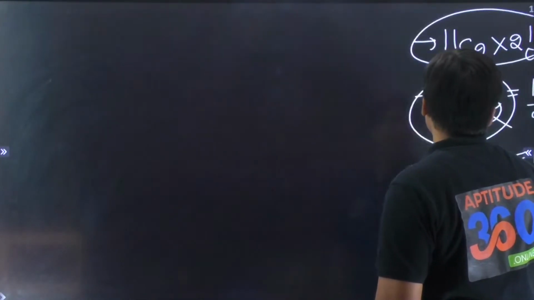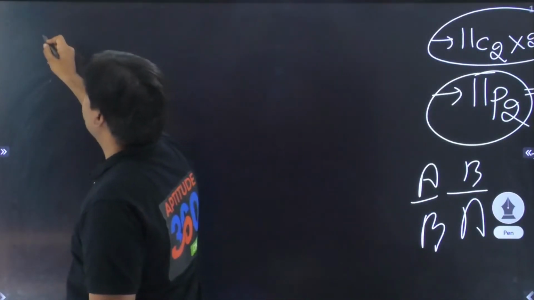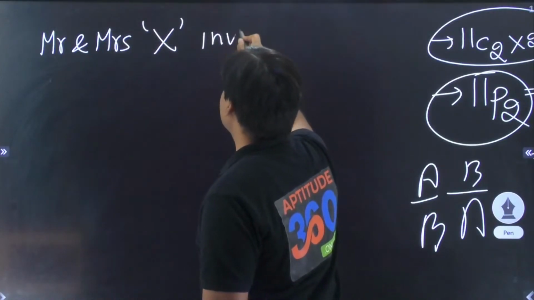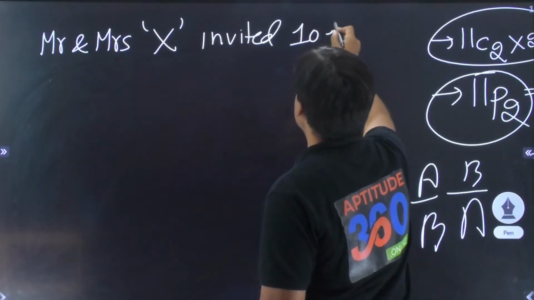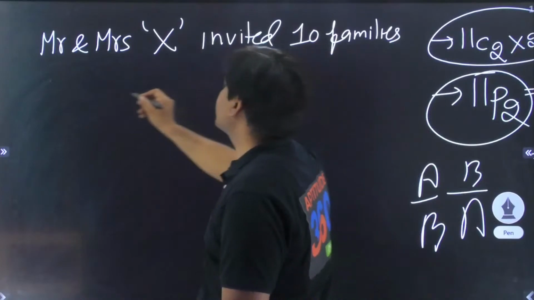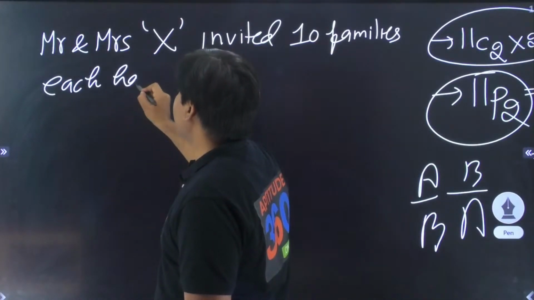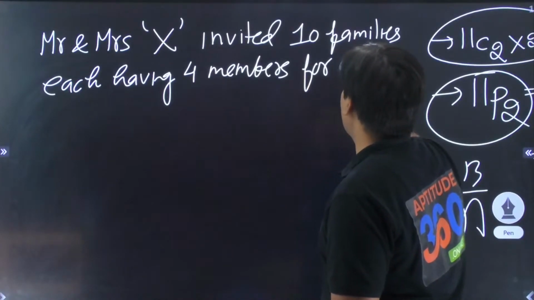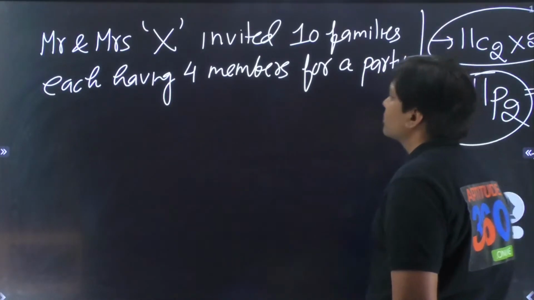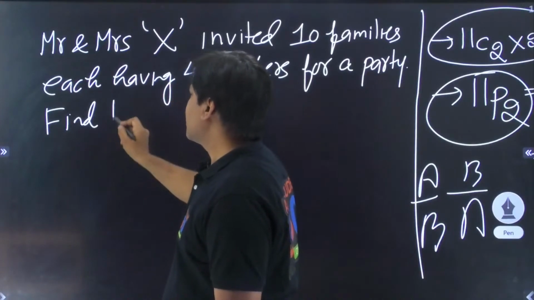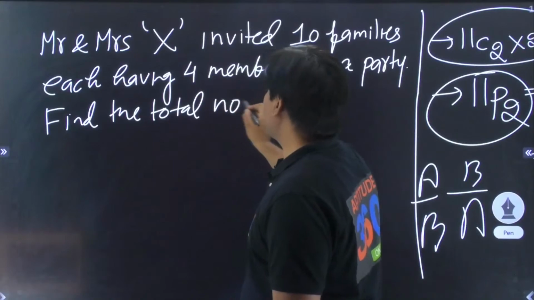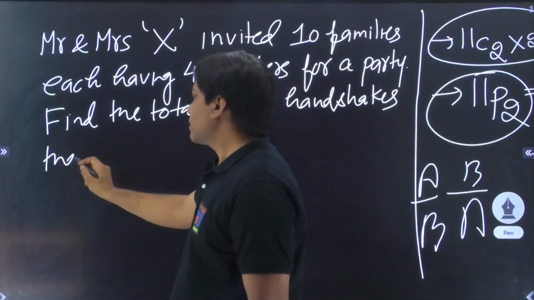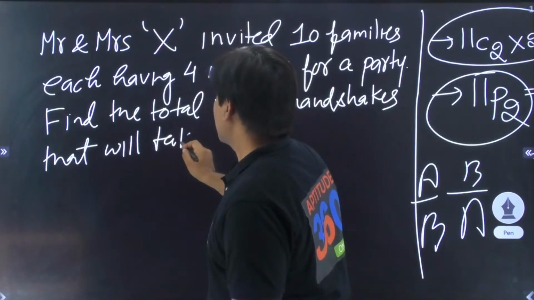Here, take your time to solve this problem. There are, I would say, Mr. and Mrs. X. Mr. and Mrs. X invited 10 families, each having 4 members for a party, ठीक है जी। Find the total number of handshakes that will take place in the party।